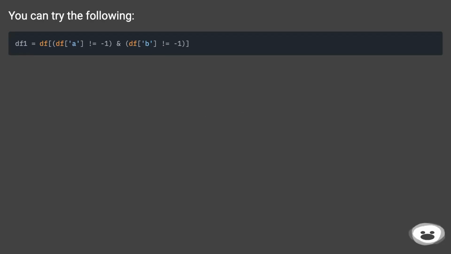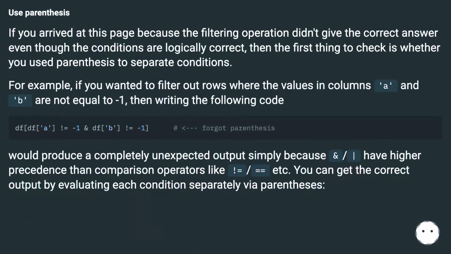You can try the following. Use parentheses. If you arrived at this page because the filtering operation didn't give the correct answer even though the conditions are logically correct, then the first thing to check is whether you used parentheses to separate conditions. For example, if you wanted to filter out rows where the values in columns A and B are not equal to -1, then writing the following code